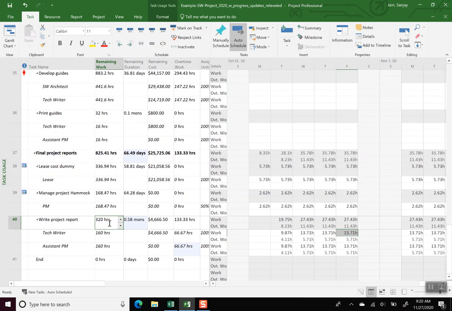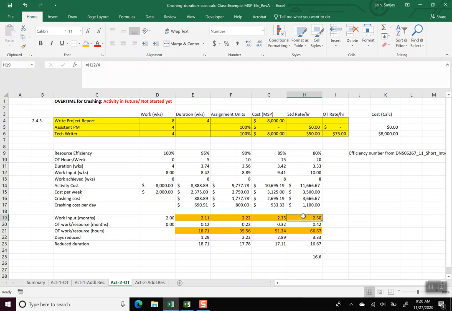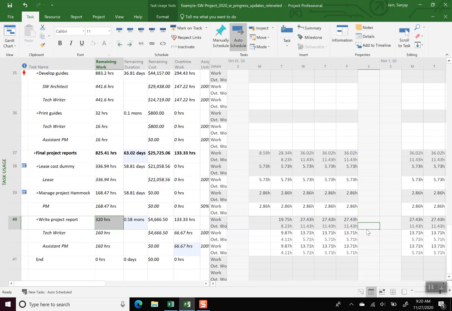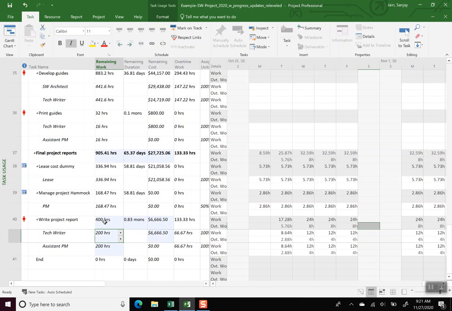And now we'll go back and change the work. And so work is going up because of the efficiency loss to 2.5 months. And so let's do that. 2 point, whoops. Control Z out of that one. That's this. 2.5 months. Okay, so now you see the numbers look right on the side because our calculation, and that kind